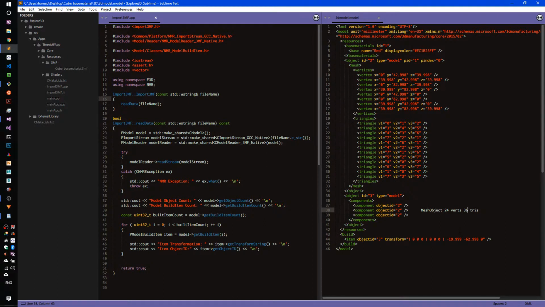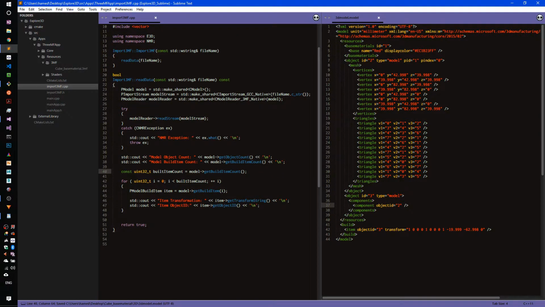Now again, this is totally up to us to decide whether or not to separate each component or merge them all into one mesh. In this video, I'm going to show you the second way, which makes things a little bit simpler for the sake of this video. Alright, so let me undo my change inside here. Okay, and let's go back inside the import 3mf CPP, and the first thing that we need to do is